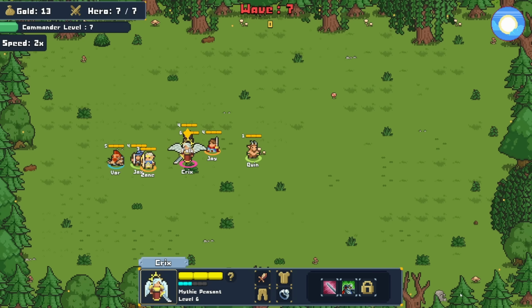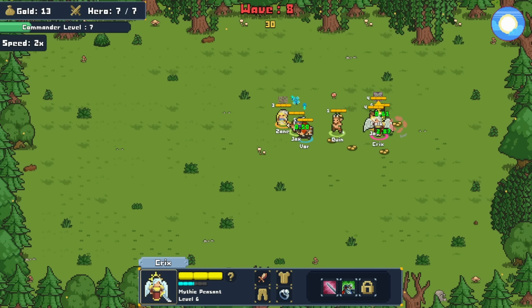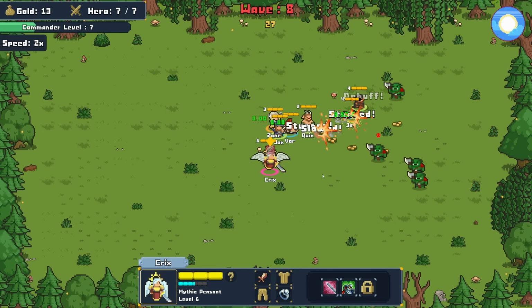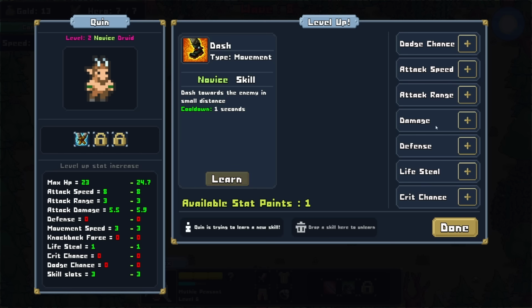Let's go. All right, Quinn. You're on the front lines, bud. What are you doing? Okay, so it looks like he summoned... Is that like a boar or like a warthog or something? Dash or priority charge towards the enemy. I mean, I don't want you dashing toward the enemy, man. I guess you got to do this. And then I need you to have...